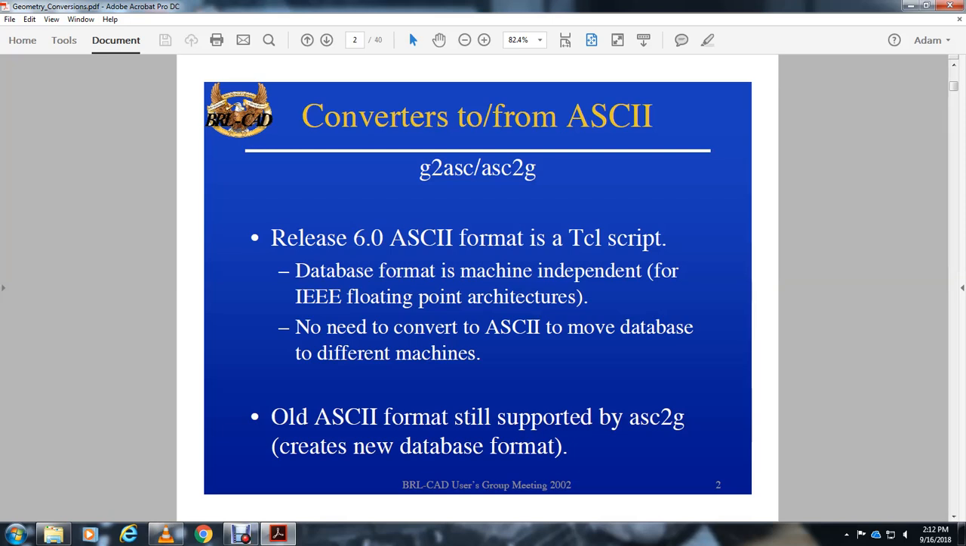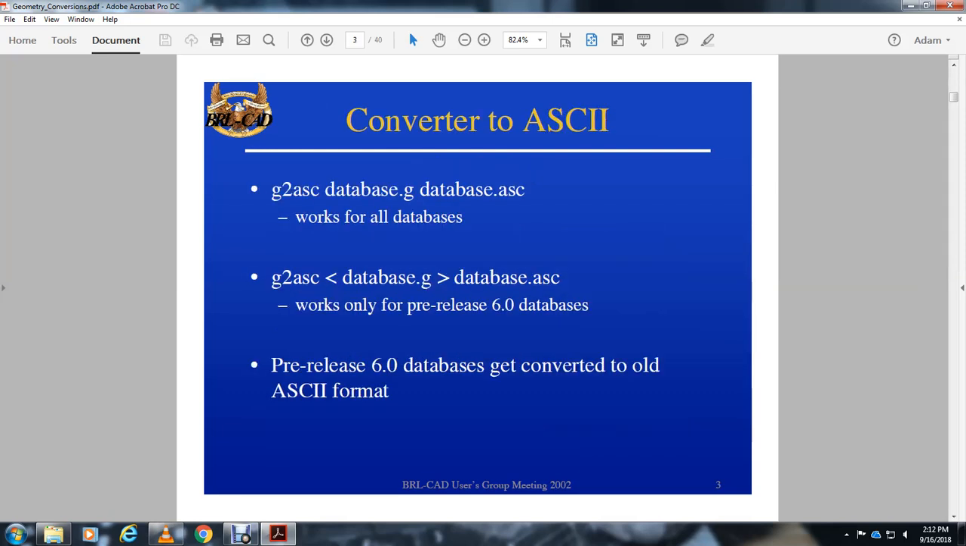format, which is machine independent for IEEE floating point architectures. There is no need for the ASCII format to move the database to different machines. Older ASCII formats are still supported by ASC2G, which creates the new database format. G2ASC works for all databases. If the G2ASC database is less than the G database,